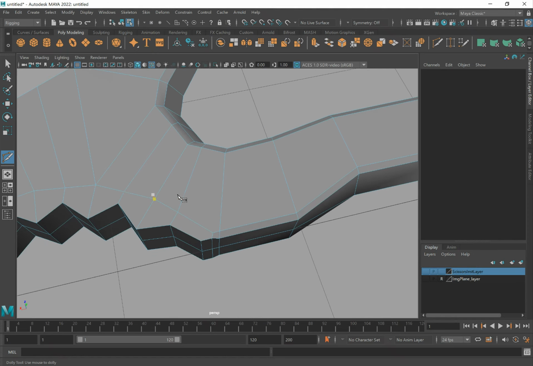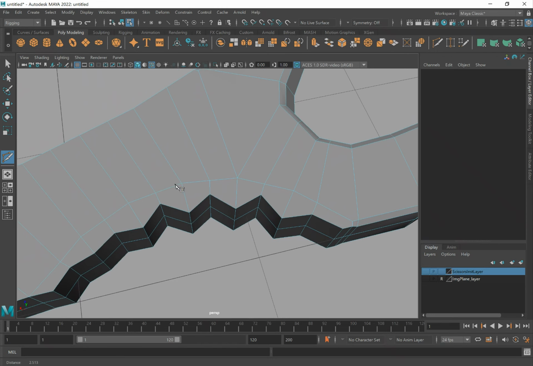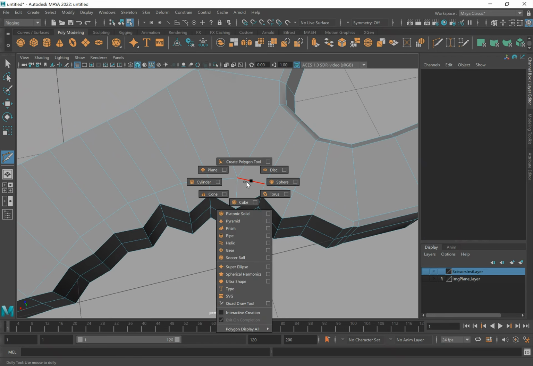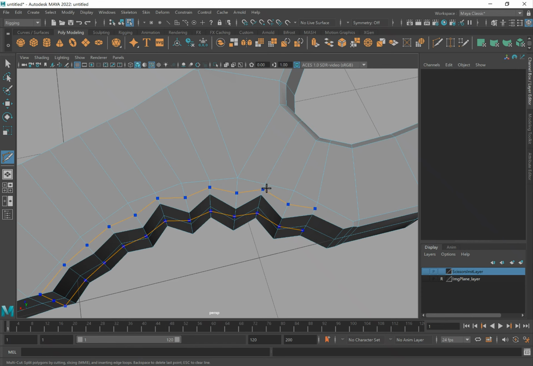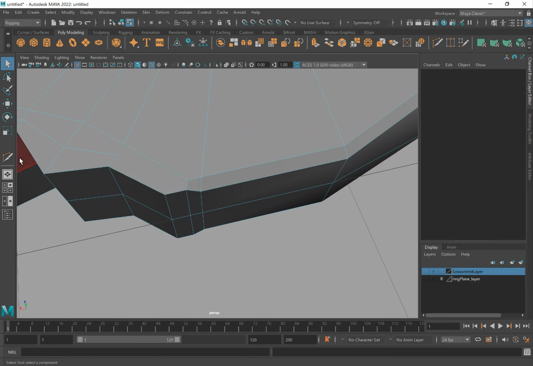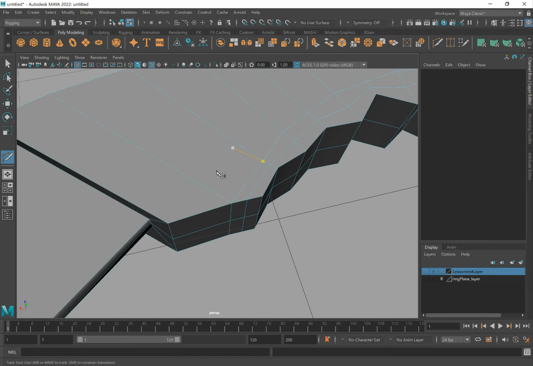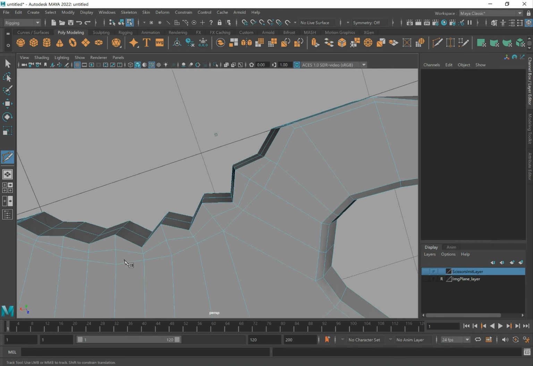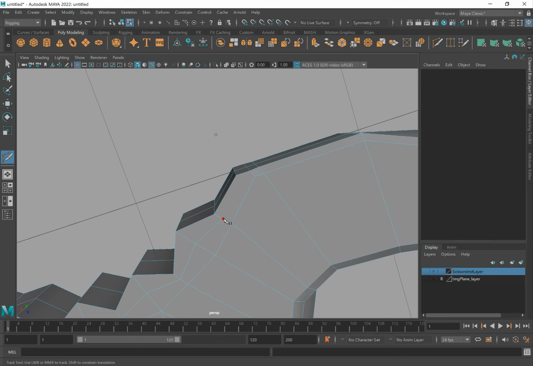So in fact, now what can be done further is I can make that cut, and then multi-cut again from here to here. Likewise from here to the